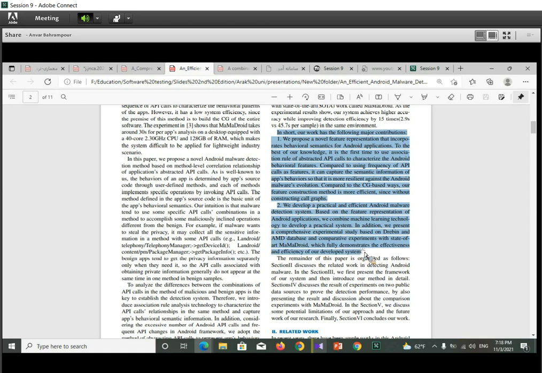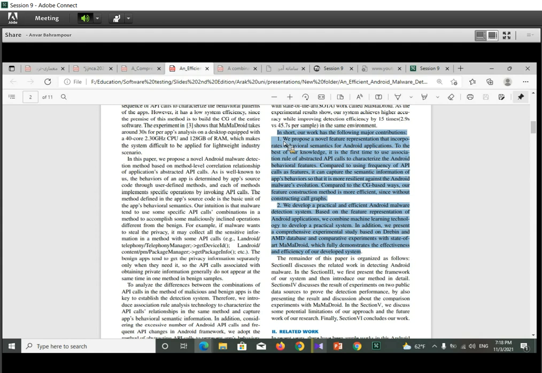this is a rule in writing research papers: we should explain the main problem, the main challenge of the research paper, in a paragraph leading to the last paragraph of the introduction. So in these two paragraphs, they said that, in short, our work has the following major contributions.